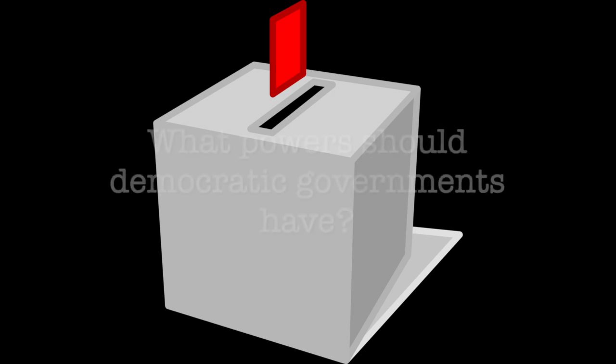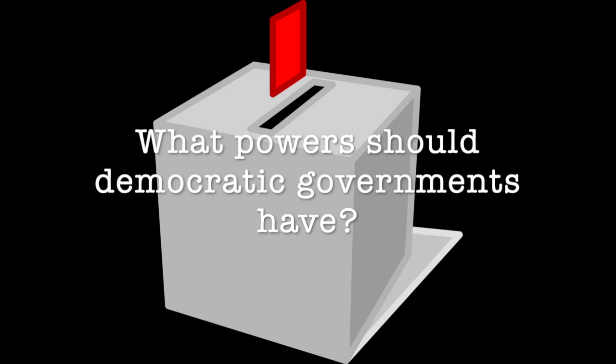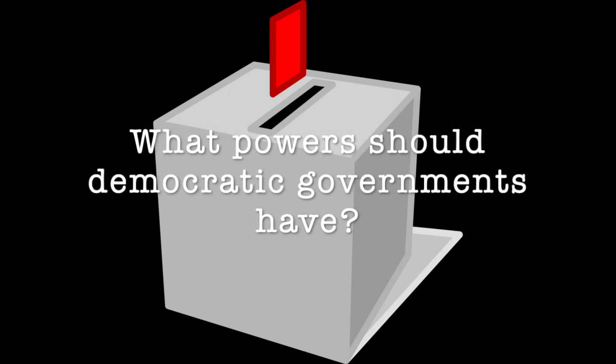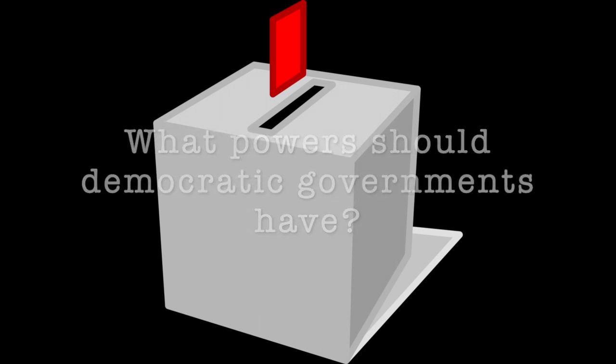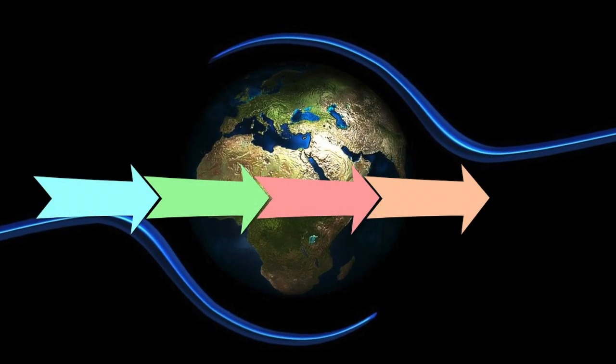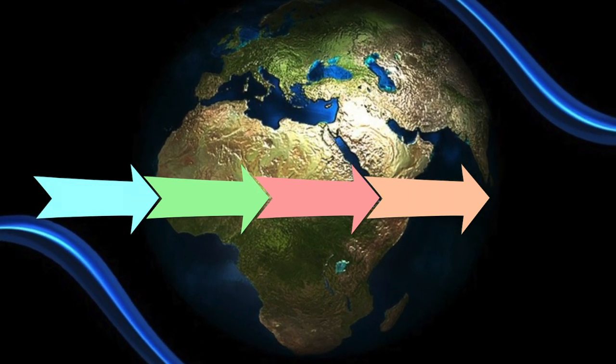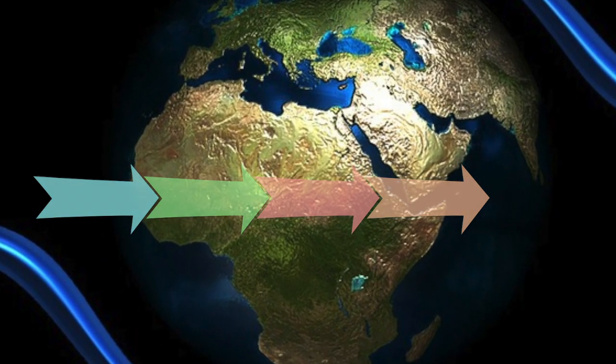But what if you got to decide? In your ideal society with rule of law, how much power should the government have, and what should the government be allowed to use their power for? As societies continue to change, so will the answers to these questions, resulting in continual changes in our ever-developing democracies.